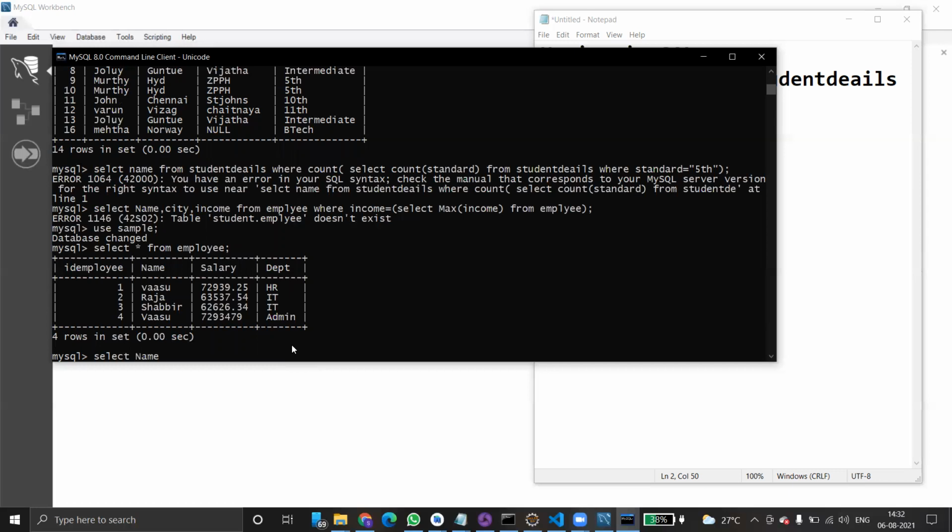Select name, comma, department from employee where salary equals to select of maximum of salary from employee.